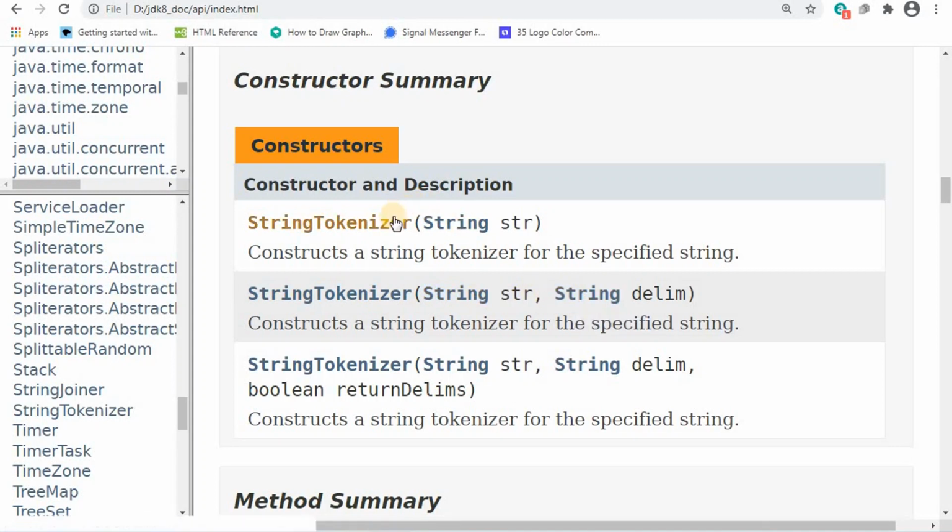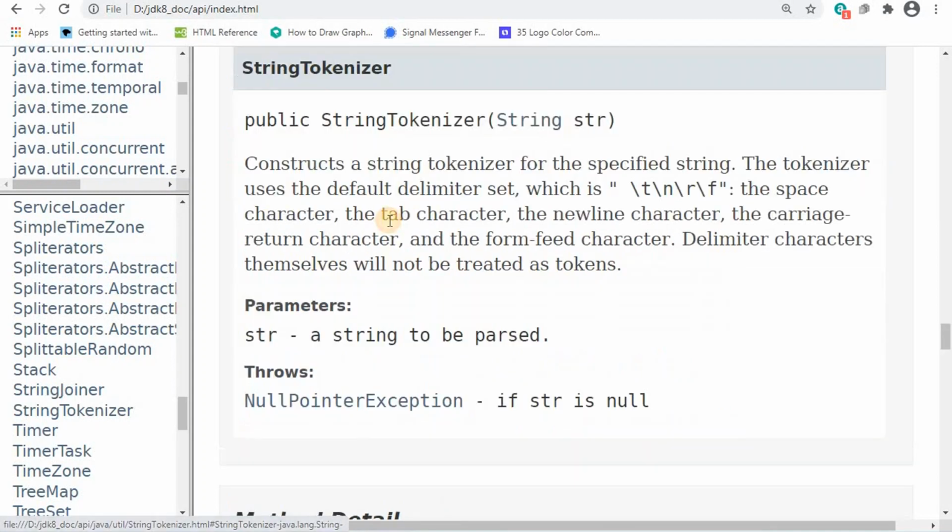First of all, I am going to the first constructor. What is the description? It constructs a string tokenizer for the specified string. The tokenizer uses the default delimiter set, which is space, \t\n\r\f. That means the space character, the tab character, the new line character, the carriage return character, and the form feed character.